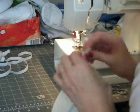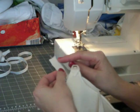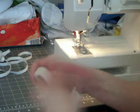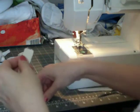So that's that side of it. And now for the strap, because this part here was sewn onto the cup of the bra, I know that, you know, it's adjustable in the back. Some of them are adjustable in the front, and you have to allow for that. Make sure that you